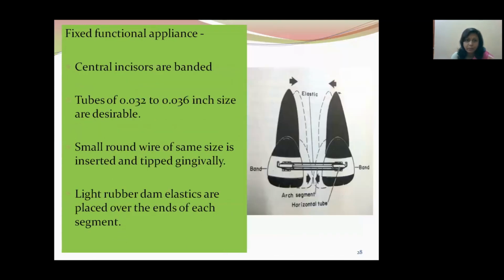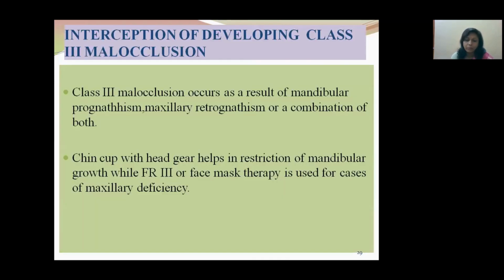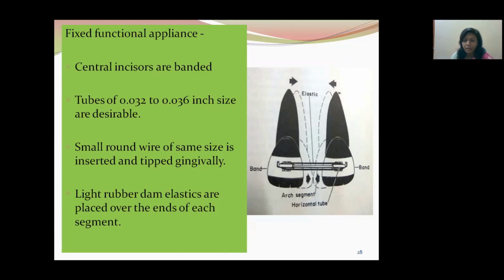Among the fixed ones, both the central incisors can be banded or bonded, and two tubes are adhered that can be 0.032 or 0.036 in size, and a small round wire of the same size is inserted. Here again, a reciprocal anchorage can be used for the closure of the diastema. One thing should be remembered during this closure of diastema, that we have to rule out the etiology